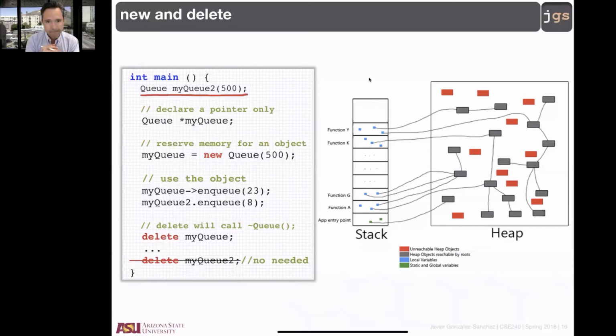There, I am calling a constructor, right? I am calling the constructor that has one parameter. There, I create an object. That object is in the stack. That object is going to live in some place there, in my stack. Then